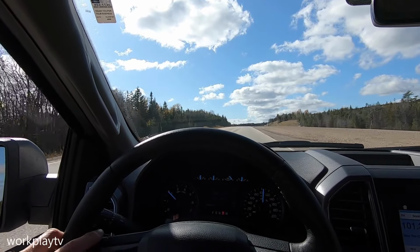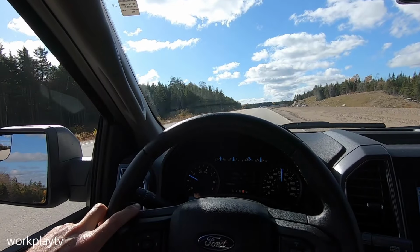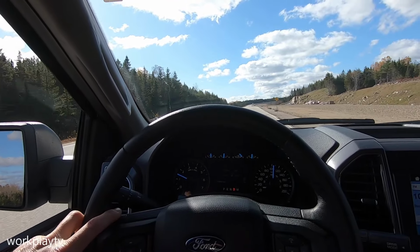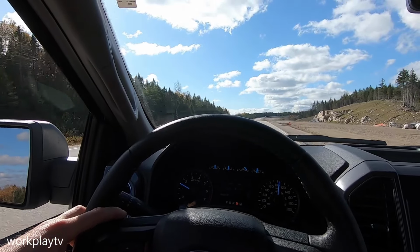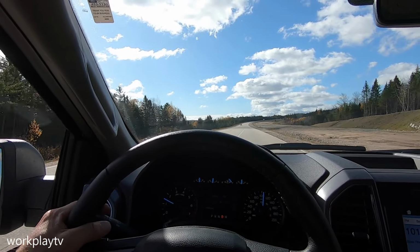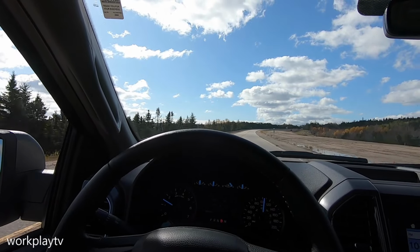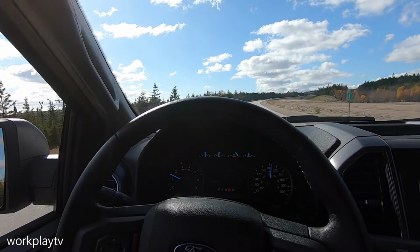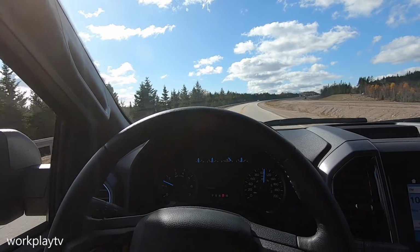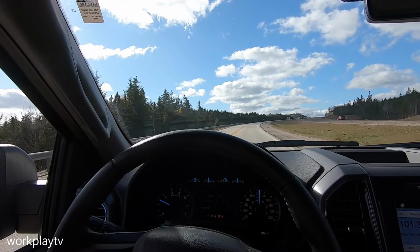But I will say that the EcoBoost just seems like it wants to go, and it's hard to hold back. And it's so quiet that you don't realize how fast you're going, to be honest. But we are set at the exact same speed as we were last time. We're about 63 miles per hour,